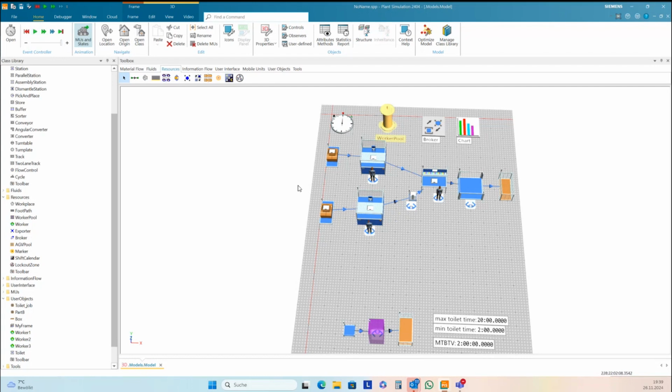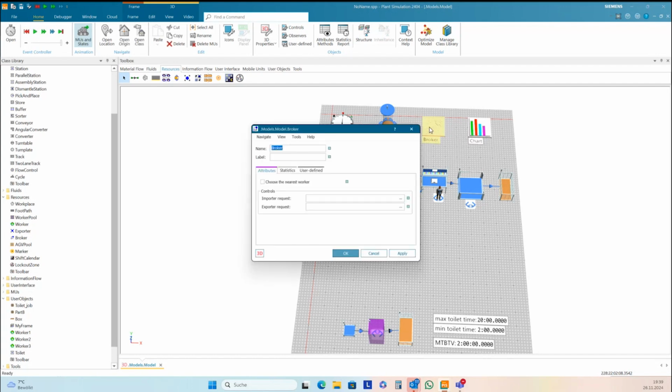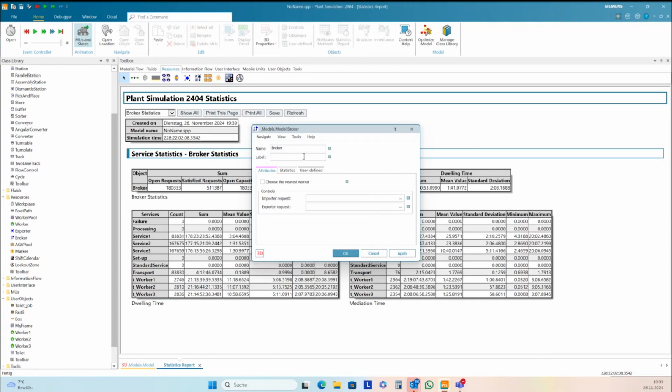but we can also see this statistically, because the broker will collect the data about the services that the broker will mediate here. You can go into the broker, then view and show a statistics report.